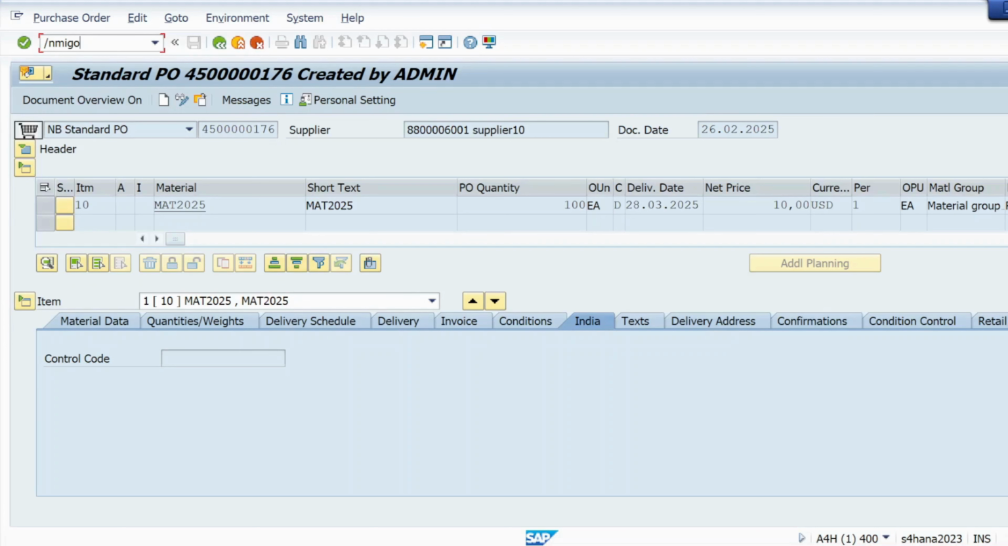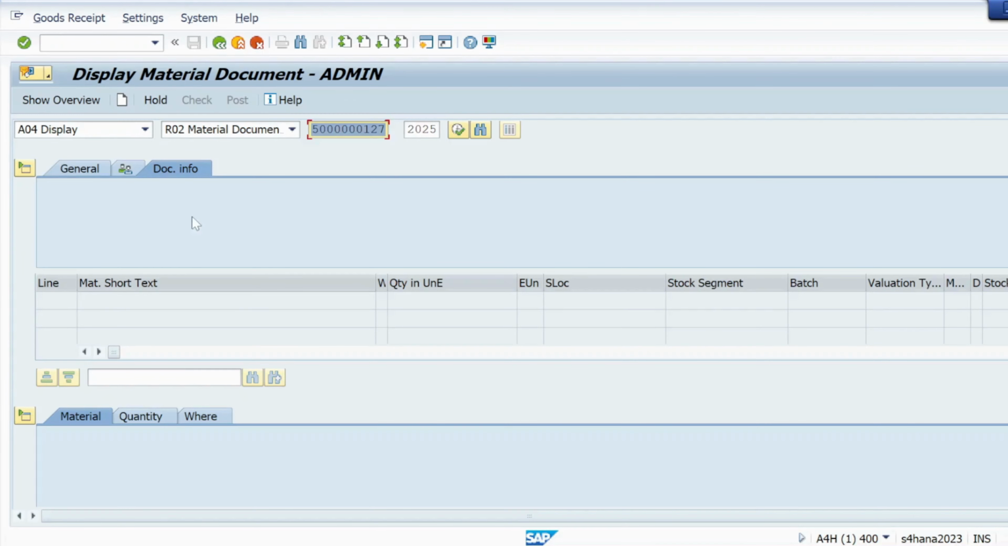So if this is the business process, this is the requirement, how are we going to do the goods receipt? We are going to do goods receipt only for 70 quantity, only for partial quantity. We will not do it for the complete 100 quantity. So in that case, we will just go to MIGO goods receipt and we will simply